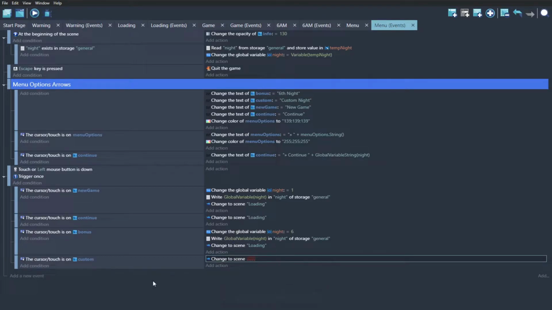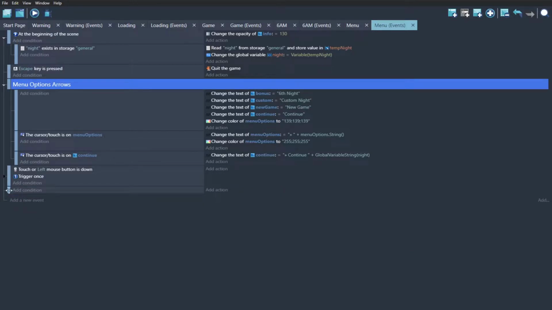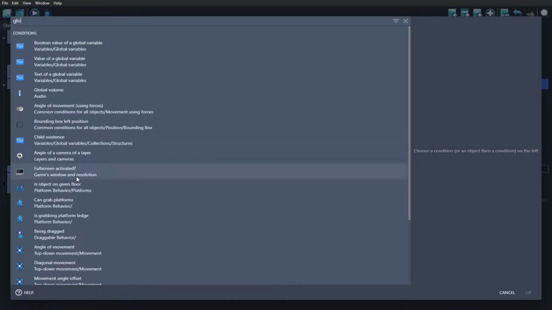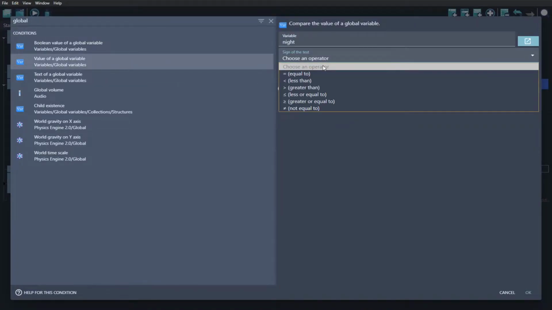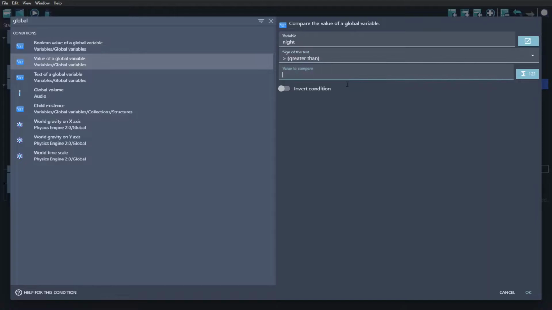The problem is that we do not want that, because we only want it being displayed up to night 5. So we have to add that here as well. I'll just randomly throw it in. I don't even care about groups anymore. If global variable night is greater than 5,